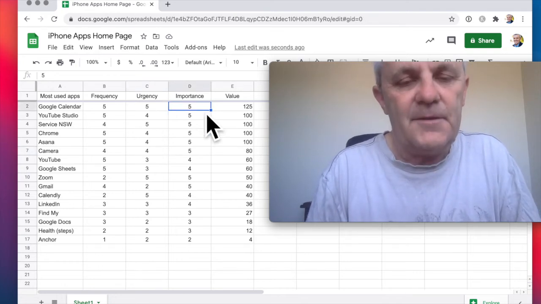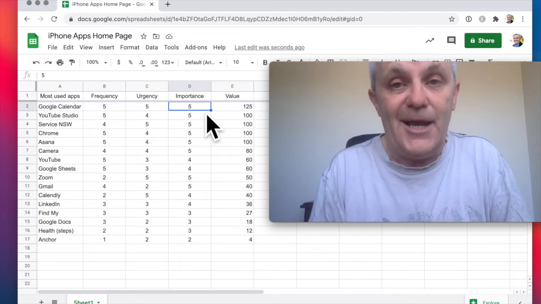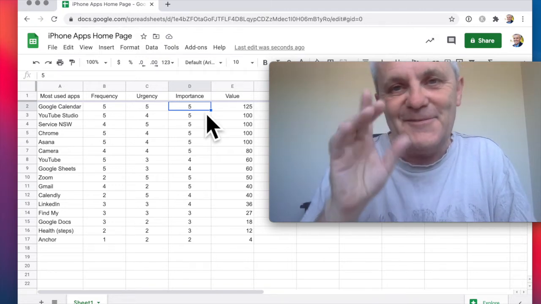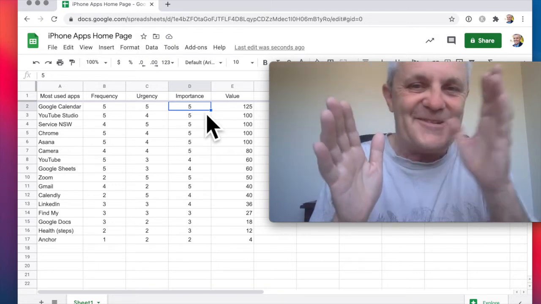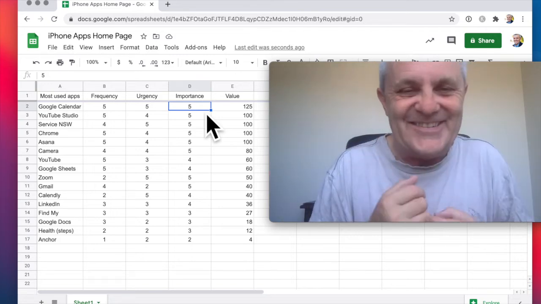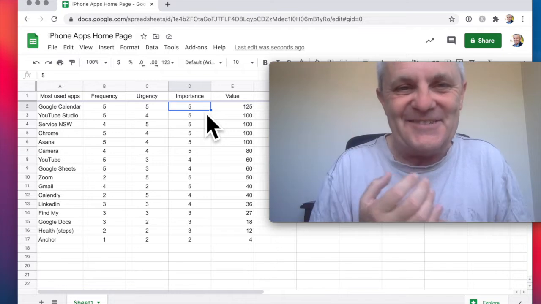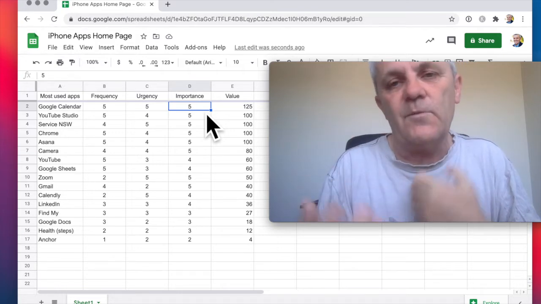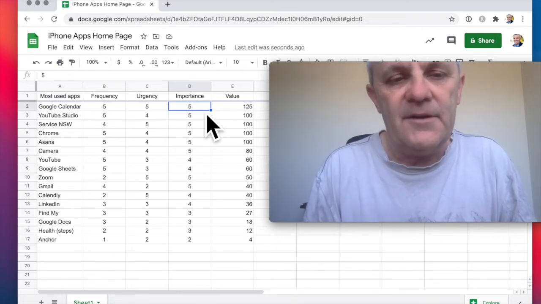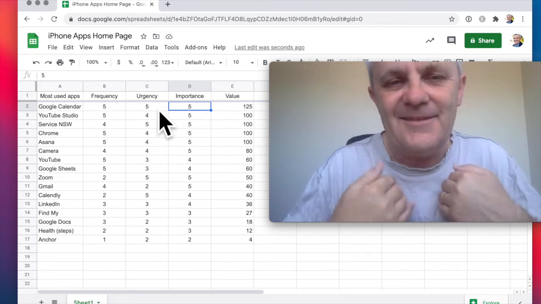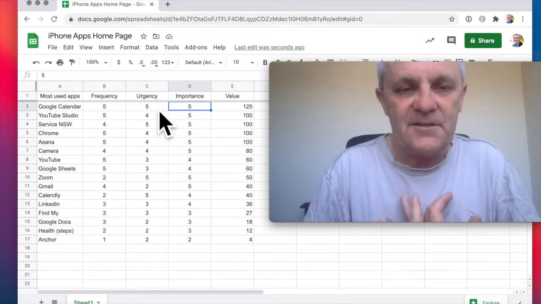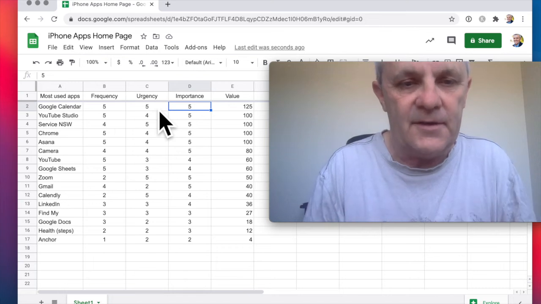Then I'm asking about the importance. You've got the Eisenhower matrix, where you've got what's important and what's not important, what's urgent and what's not urgent. And some things are urgent, but they're not important. And some things are important, but they're not urgent. So we really want to try and work out, okay, this is not so much what I'm actually doing, but what I want to be doing.